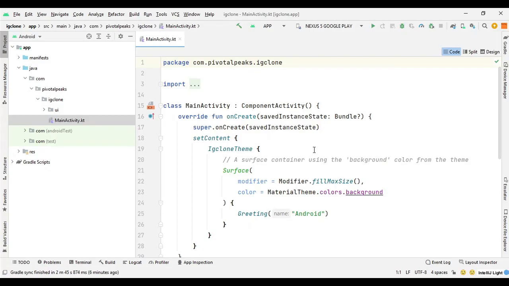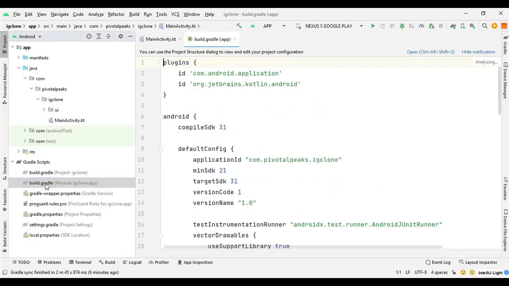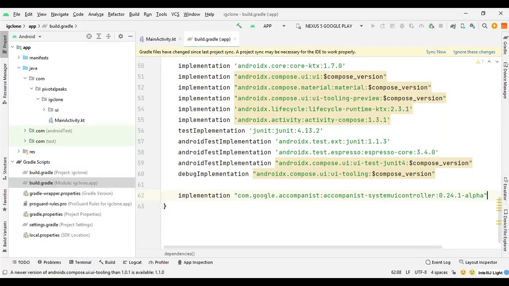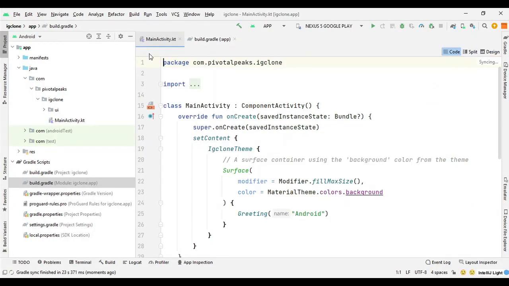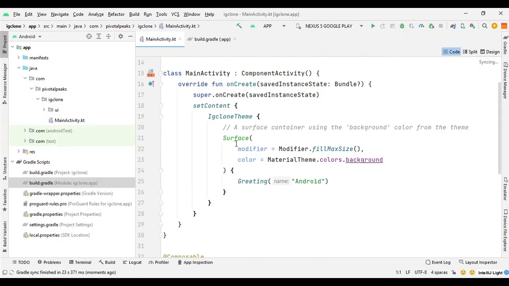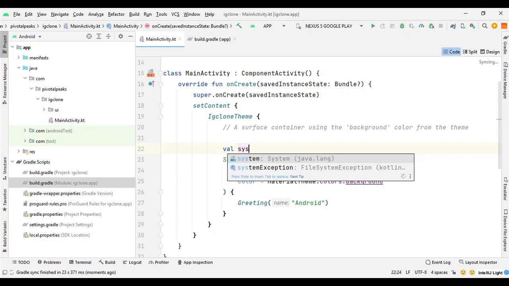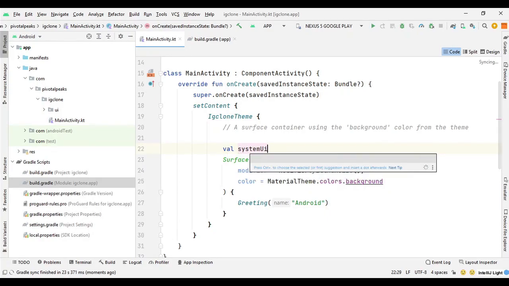So let's declare the dependency. We can go to the build.gradle file, and here we can declare the dependency. I'm just going to paste it here, and then we can sync it. Going back to main activity, and here we can declare the value for the system UI controller. So here we can say value system UI controller,